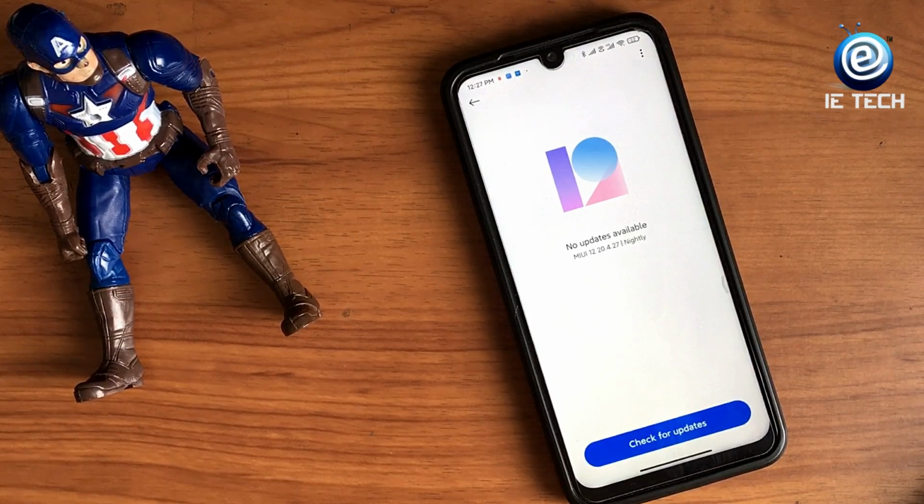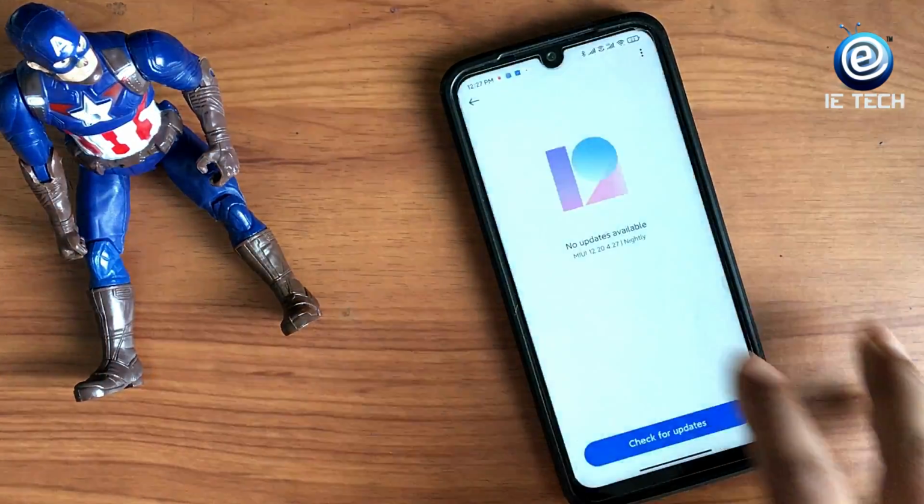And the third batch, which is the last batch, would get Mi Mix 2 and Redmi 8, 8A, Redmi 7, 7A, and also our favorite device, the Redmi Note 5 Pro and 5.